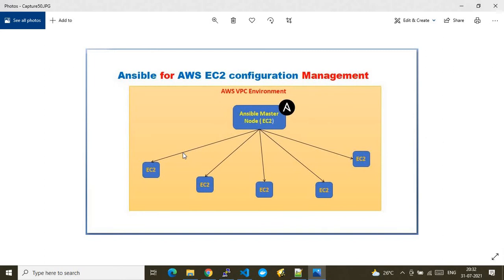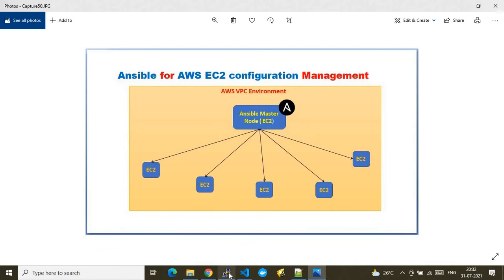So here for this demo, I'm using public key based authentication methods to establish the communication from the master node to the EC2 node. So that's the reason I will do this now. What I do is I will set up the public key of this VM into this EC2 instance. We have the public key of the Ansible master node. That public key will be stored in the EC2 instance. So this key helps the master node to communicate to the EC2 instance.